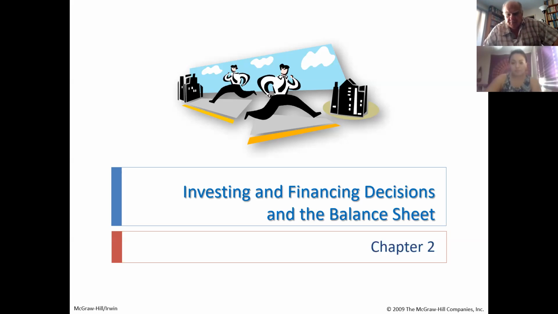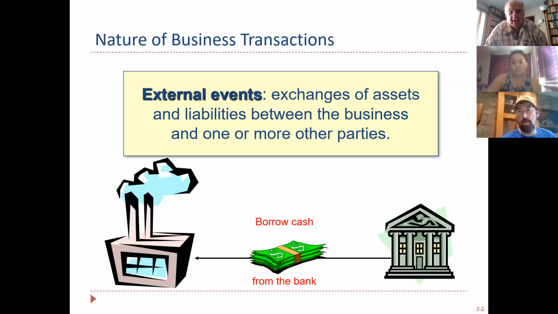Okay. So in chapter 1, we talked about the different financial statements, the income statement, statement of equity, and the balance sheet. Here we're going to get into a few transactions. In this class, we are right now talking about what are called external transactions, meaning they're with an outside party. There are 2 people involved, one of whom has nothing to do with our business, but we buy from them, we sell to them.